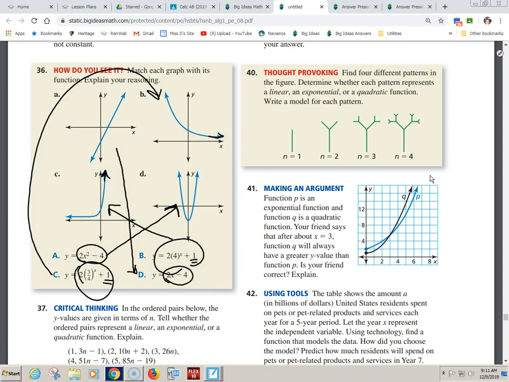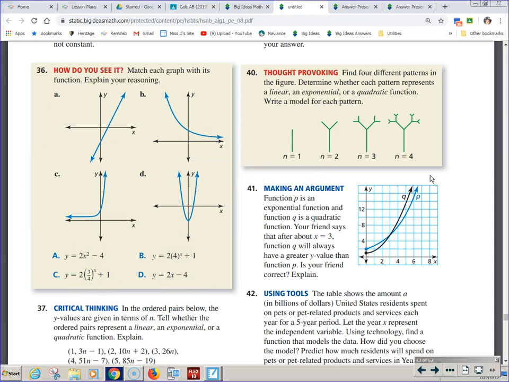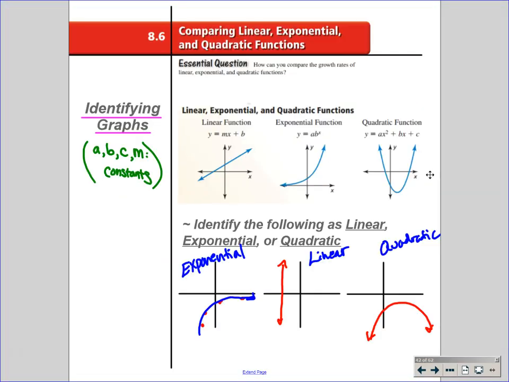How hard was homework over the weekend? Not bad, as long as you remembered who's who. In the sense of, what does a linear look like? What does an exponential look like? What does a quadratic look like? So